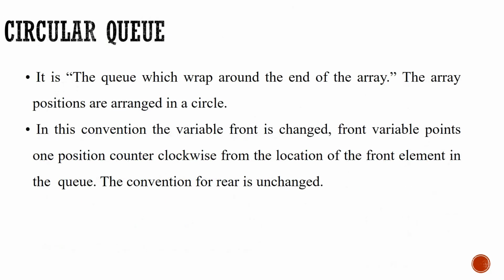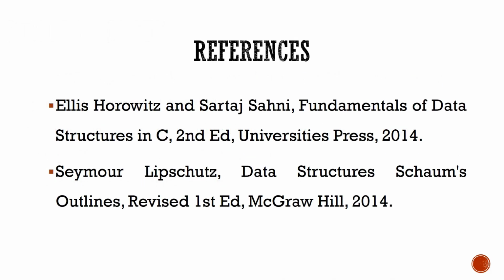Now let us go for the other variant, which is the circular queue. Circular queue means you connect the end to the beginning. Once the rear reaches your end location, you reset it to the beginning. If you have any empty locations in the queue, they can be reused. That is a variation of the normal queue which we call a circular queue. The continuation of this circular queue we will discuss in the next video.